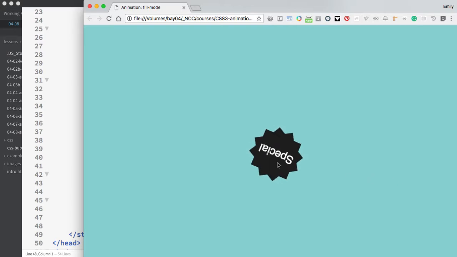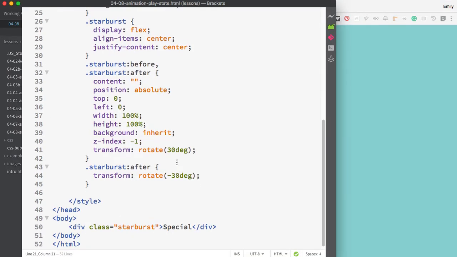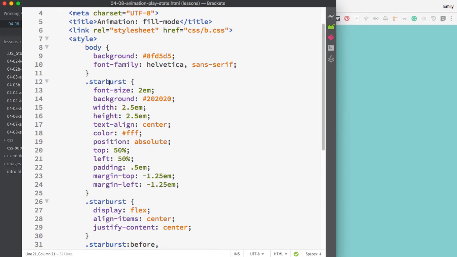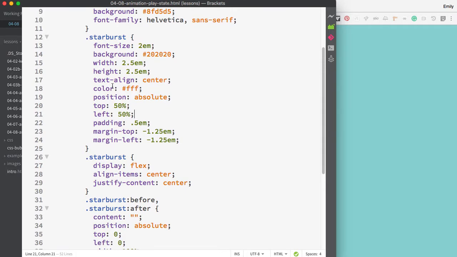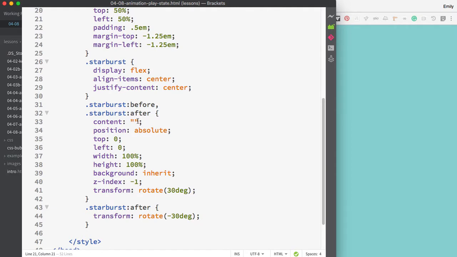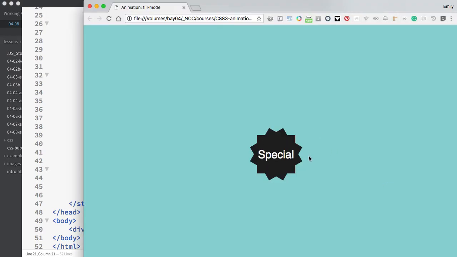So let's look at how we can apply the animation-play-state to an object. Here's the file that we're going to be working with. I have a div with a class of starburst, and I'm creating the starburst shape purely from CSS. Here I have some general rules on my starburst class, and then what's actually happening to create the starburst shape is I'm using the before and after pseudo classes, and I'm actually creating a new element via the pseudo classes, and then I'm just simply rotating those elements 30 degrees and negative 30 degrees. So you can think of this shape as actually being 3 squares that are overlaid on top of each other